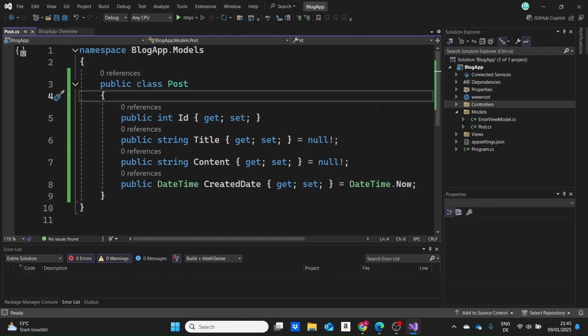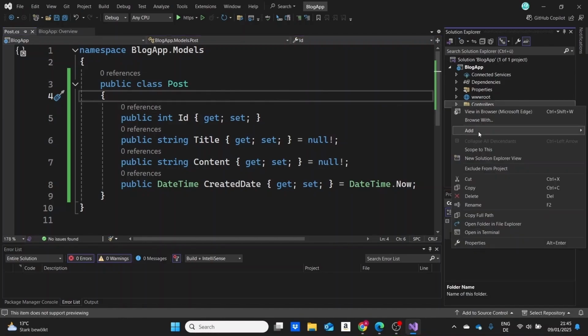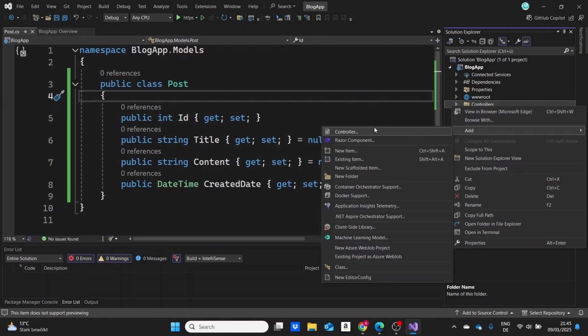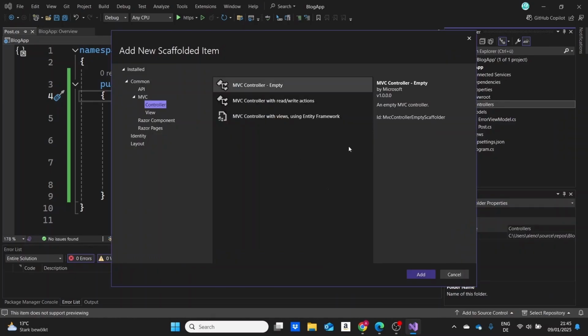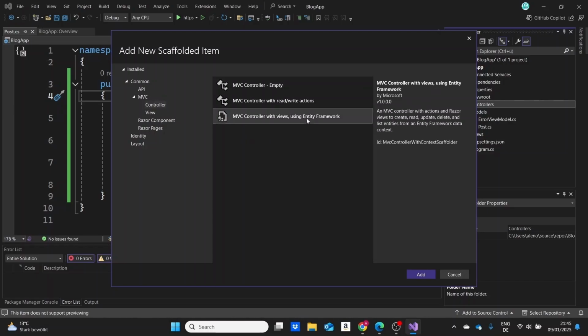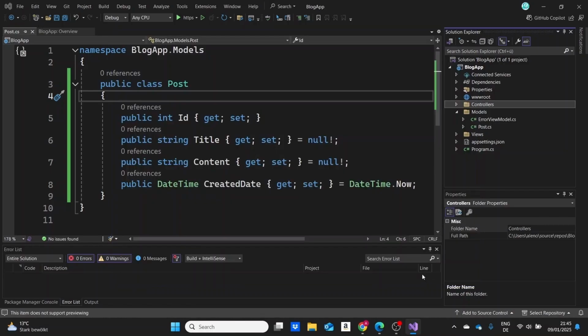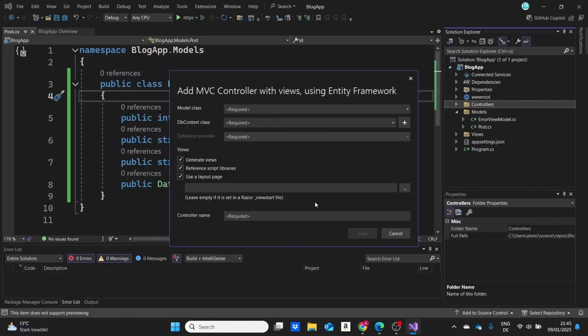The link is on the card on the screen or below, but if you have already coded a project similar to this, you can also just go here to the controllers, click on add controller, and instead of creating an empty controller, we can use this scaffolder that Visual Studio has so that all of the methods are generated for us. Just click on add and wait for Visual Studio to create our controller, but we have